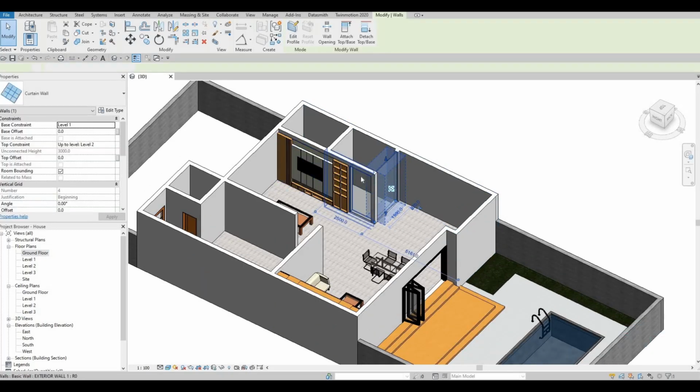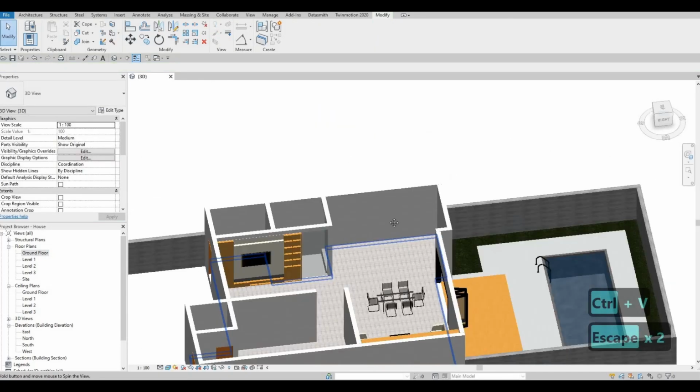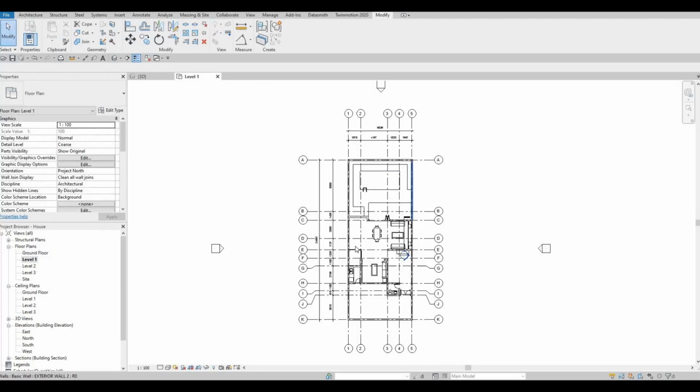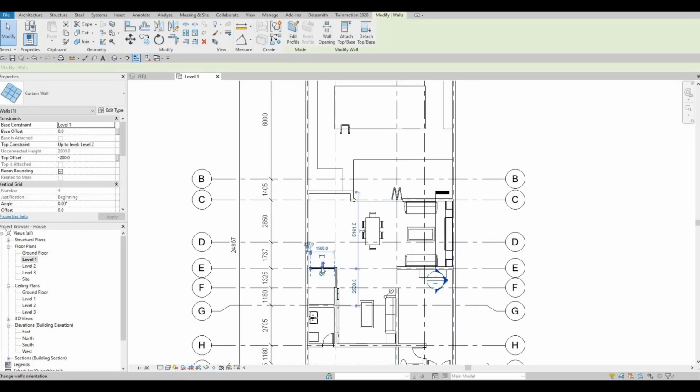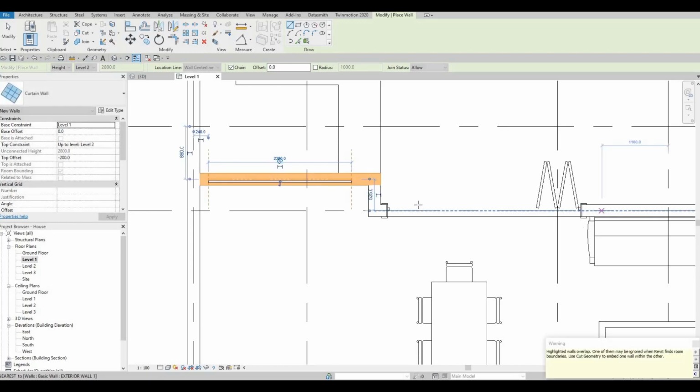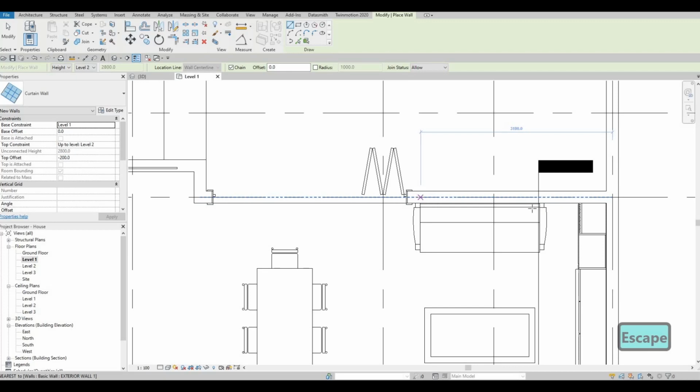Here, I can see that we have this part. So I'm just going to copy this top offset so that we can apply it right here as well. And then might as well add the glass or the windows right here. So let's go to level 1, and I'm going to select this curtain wall CS, and let's add our windows on this side. You want to make sure to click on spacebar so that it goes inside. And then also let's add one right here,